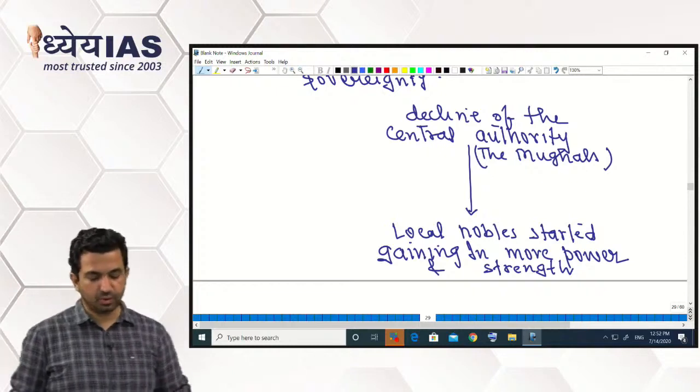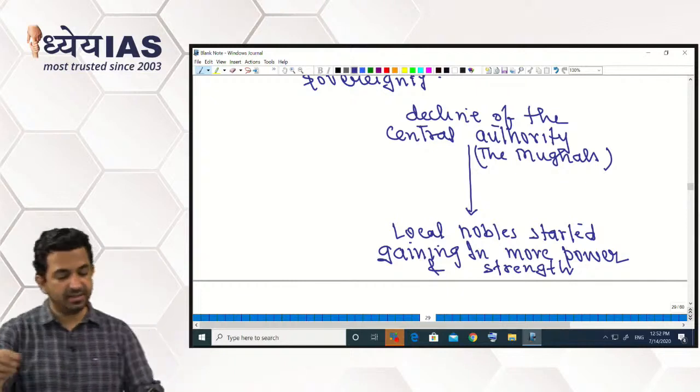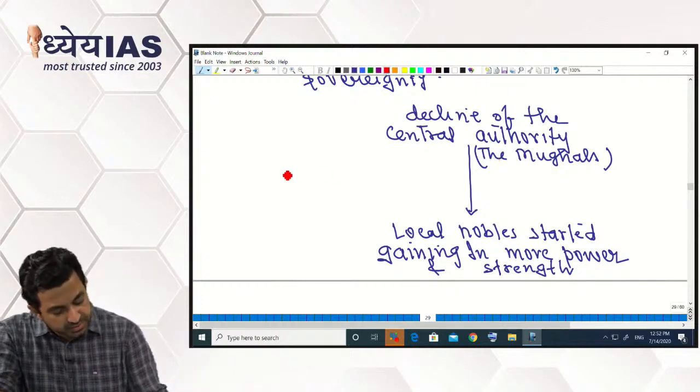So nobles started gaining more power and strength, and the decline of the central authority caused